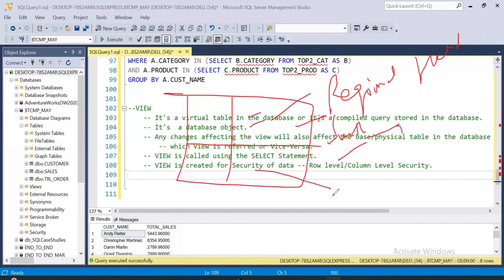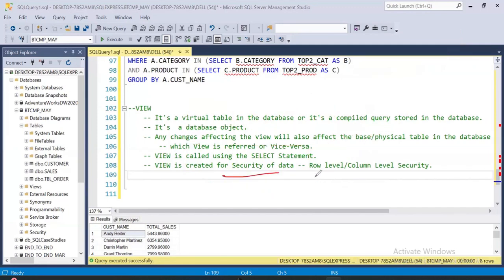For the north region, I will filter the data for the north, create a view of it, and give the access to the north region head. This is for security reasons, so that no one person has access to the entire data, and they have access to the views, not the actual tables. That is why a view is useful for data security, which gives us row level or column level security. So for example, let's just select